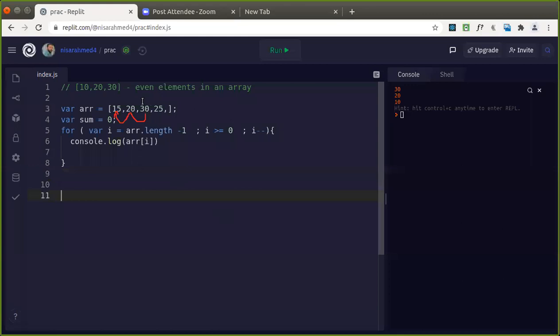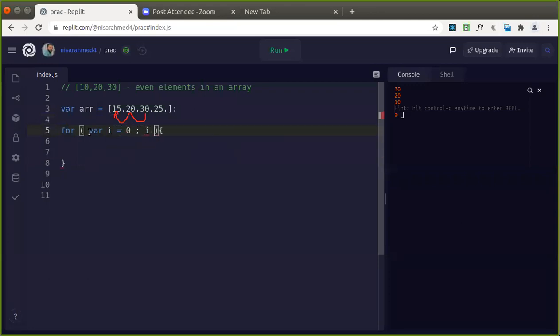What is the logic? We want to display the elements which are even in an array. So how are we going to get that one? Yeah, let's start from where i is equal to 0.